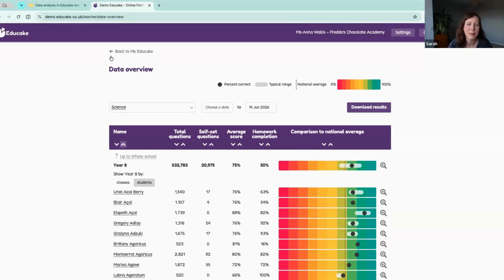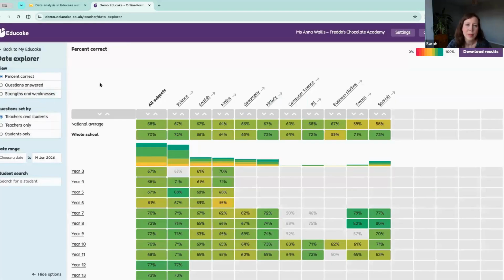Could you pop back to that for me? So what we tend to do on our calls with teachers is we will help you design that view in the left-hand pane, and then we will help you drill down into what you're looking to find in the main view, and also help you prepare reports for things like parents' evenings. As Anna said, the ones we often get asked about are when you look at the student view and